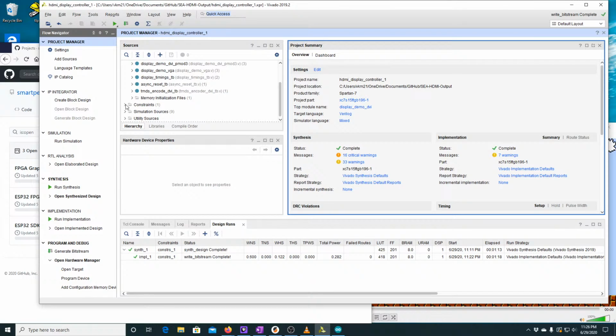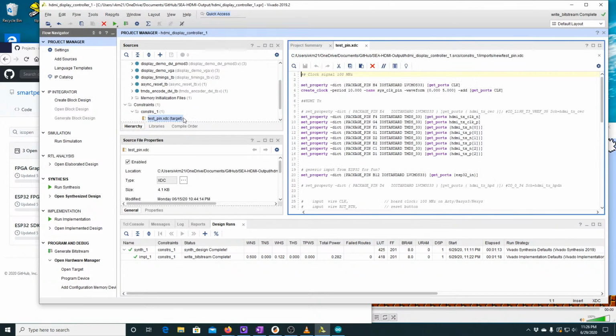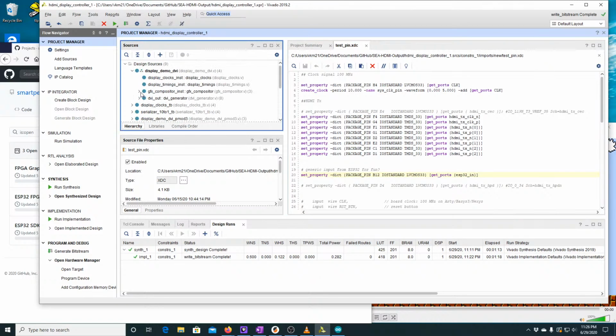So one thing I did was add B12 into my constraints file over here, 3.3 volts, gave it a name, and just for fun, to see if I can actually get these pieces to work or not,